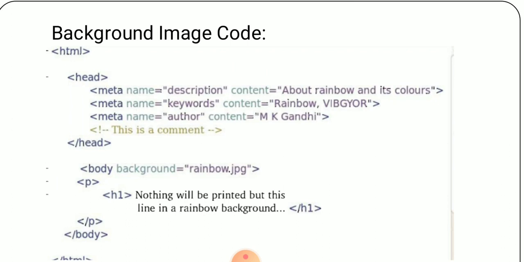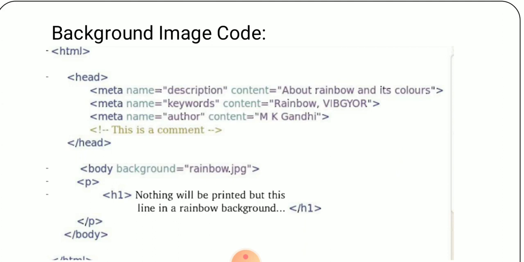HTML, then head section, then you start meta name is equal to "description" content is equal to "about rainbow and its colors". Meta name is equal to "keywords", content is equal to "rainbow". Meta name is equal to "author" and content is equal to "MK Gandhi". Then head section close. Body background is equal to "rainbow.jpg".